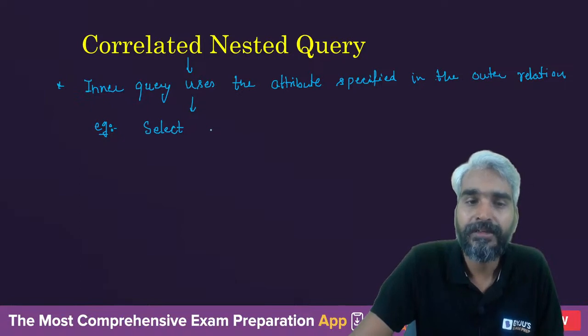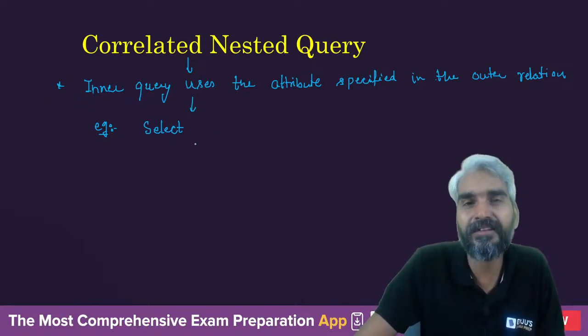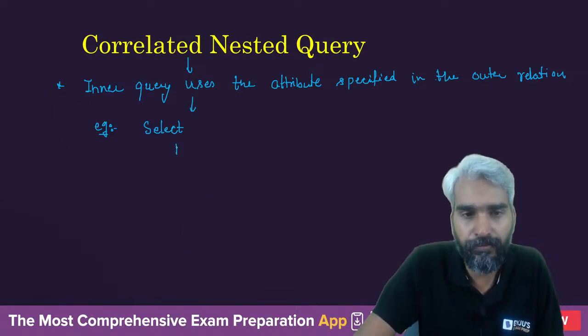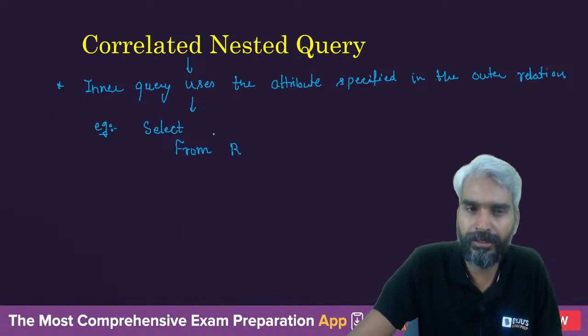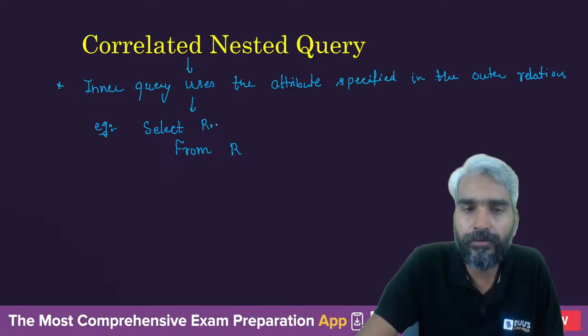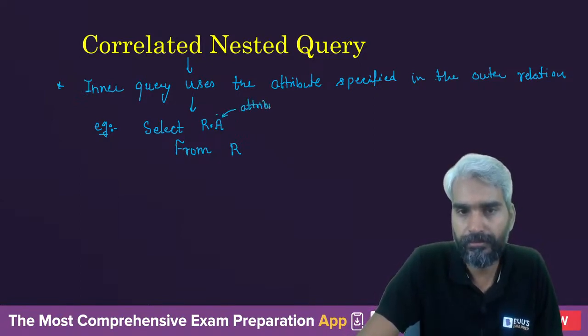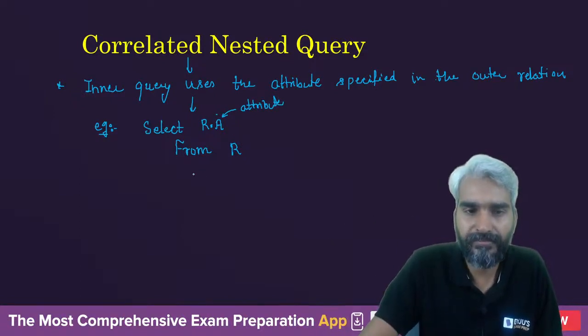So select, let's assume that the outer relation is relation R. So let's say from R. This is the name of your relation. From this relation R, you are trying to select the attribute A. So this A is nothing but your attribute. So select R.A from relation R,